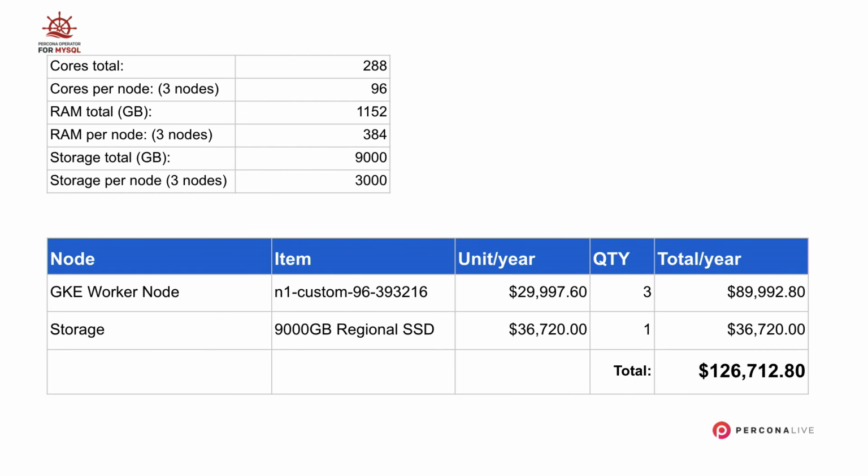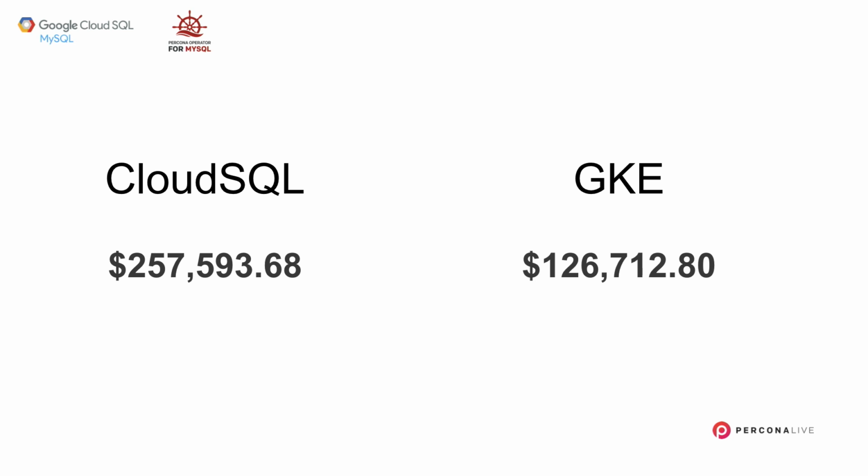On the other hand, if you look at where you can fit this workload on Kubernetes, doing some math, we need 288 cores. That means if you decide to run all of those clusters on 3 worker nodes, we'll need 96 cores per node, 384 gigabytes of RAM and 3,000 gigabytes of storage. You do the math, and you will see that the bill for this type of setup, the same type of resources, would be roughly half of this, right?